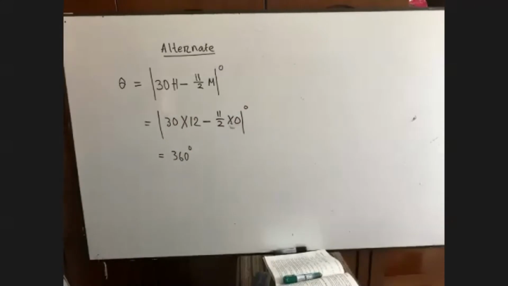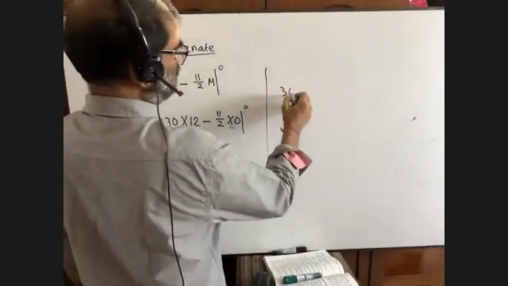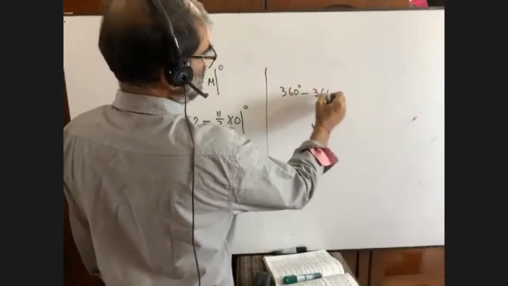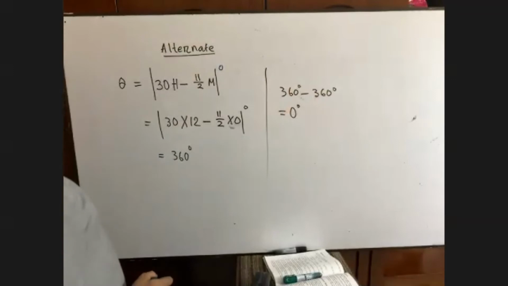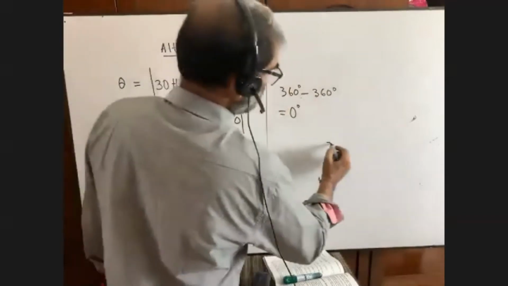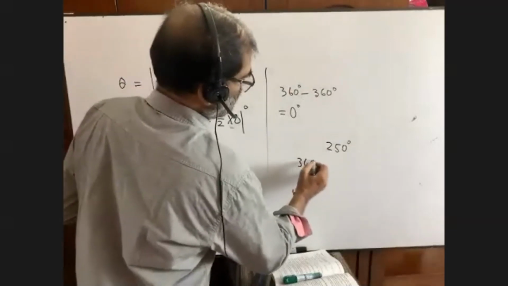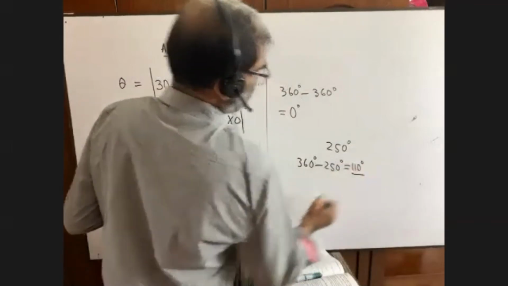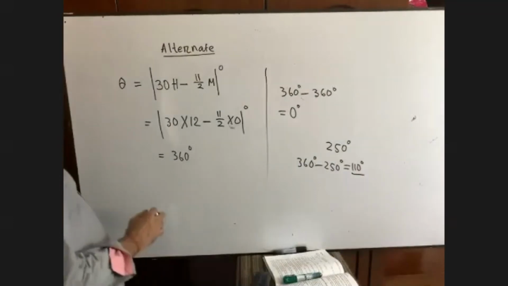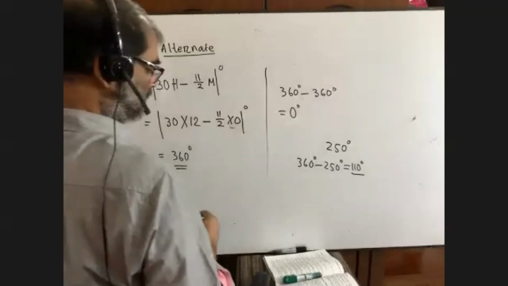If it is more than 180 degrees, then you have to subtract theta from 360 degrees to get the required angle. Yesterday I told you, if it is more than 180 degrees, can you remember? I gave you an example. If it is 250 degrees, then what should you do? You have to subtract 360 degrees minus 250 degrees, which equals 110 degrees. So we have to subtract from 360. So at 12, our angle is 0. Okay, we are coming to that part.